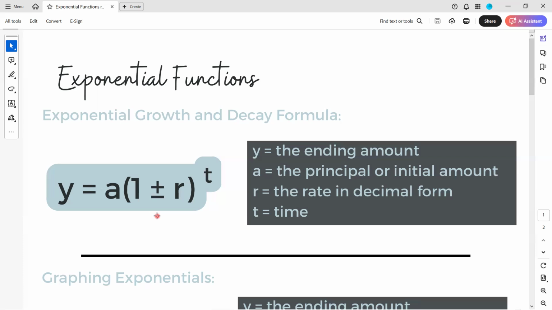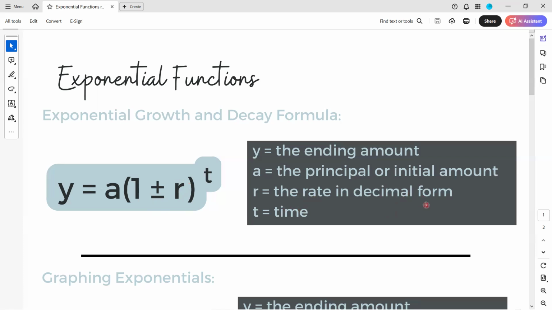If it's a decrease in value, if you know that the numbers are going to go down, if you expect that, it'll often even have the word decrease or something that sounds like that, then you're going to use a minus sign, subtraction. R is just like it says here, the rate, but the key is that it's in decimal